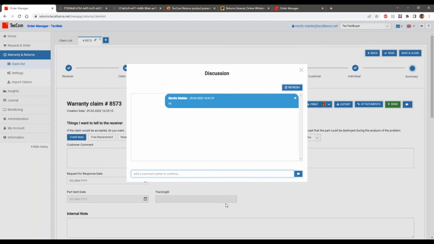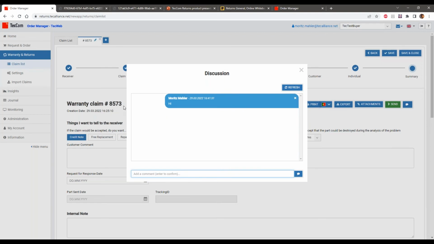He sends a communication by email, and one day he goes on holiday and is not here anymore. If I want to know something about this claim, I have no idea what the prerequisites were. So I can see the whole communication between the supplier, the receiver, and the sender